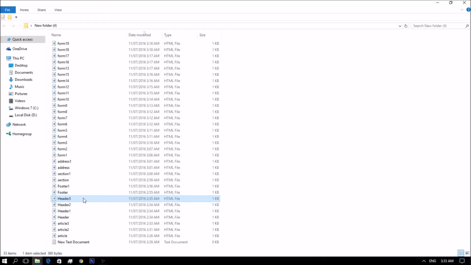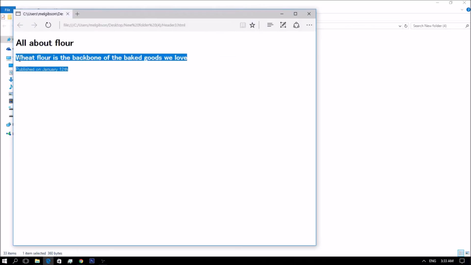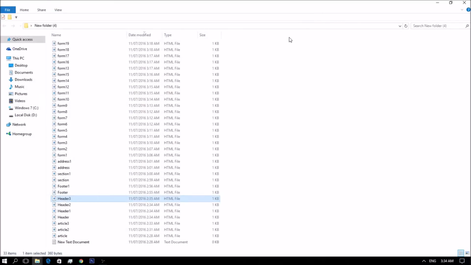If I open this in the browser, you can see there are two headings that are grouped in the hgroup tags, and the other one is for the publishing date. So what you have learned: the hgroup element is always inside the header element. The hgroup element only contains headings such as subtitles or taglines, which are marked up with the h1 through h6 elements. All other header-relevant content should be outside of the hgroup element.